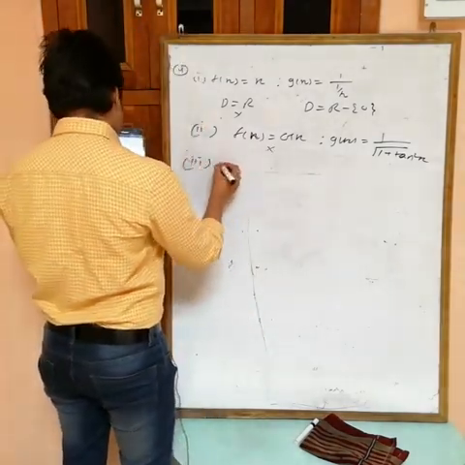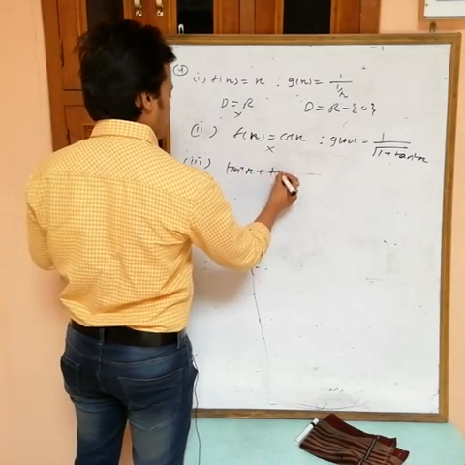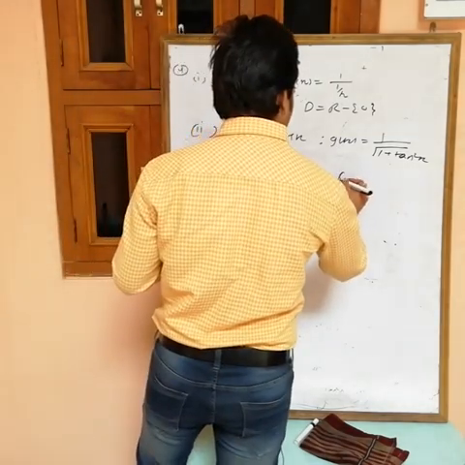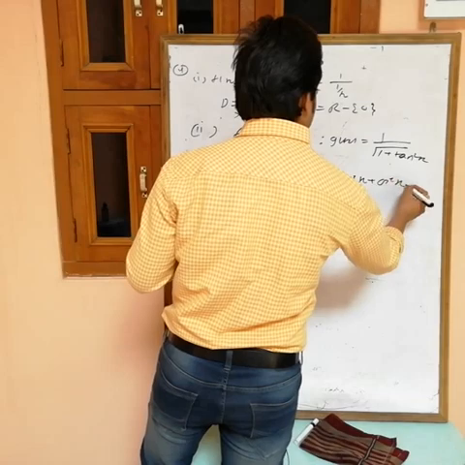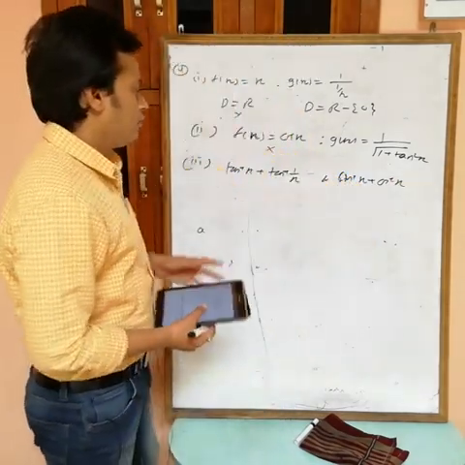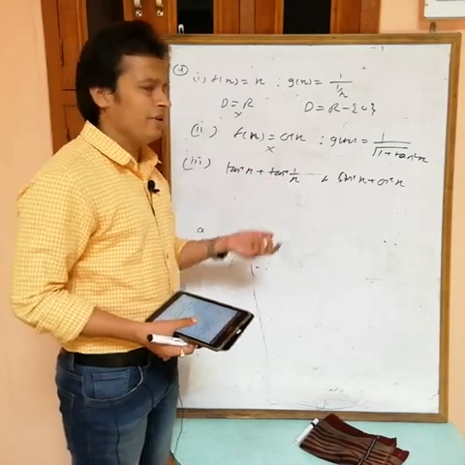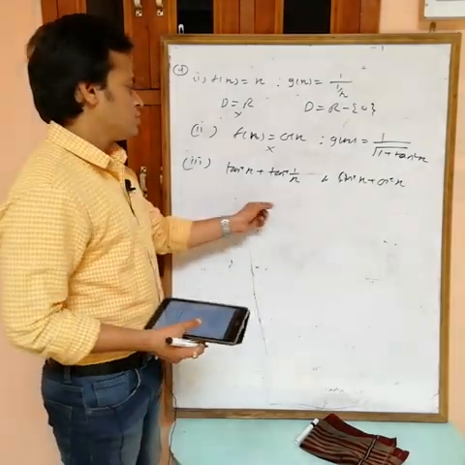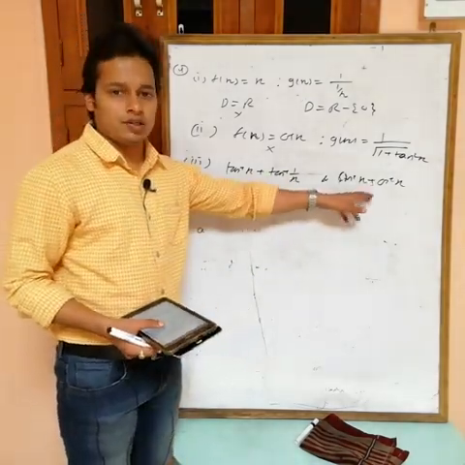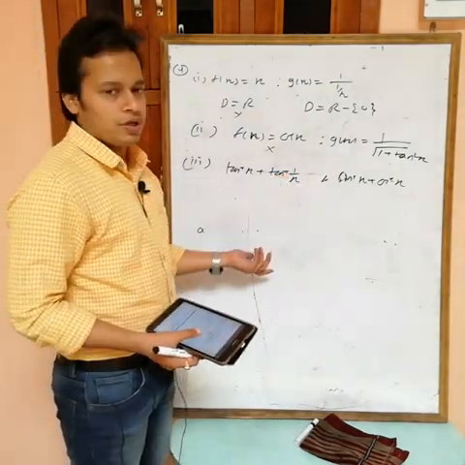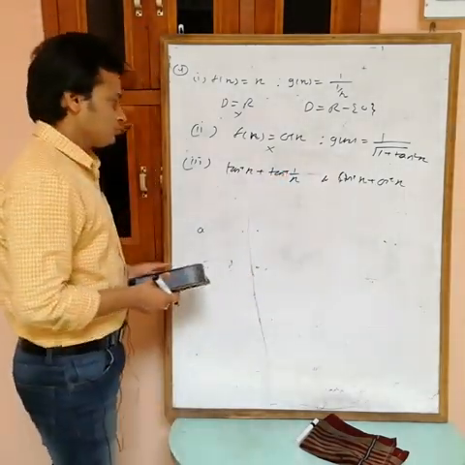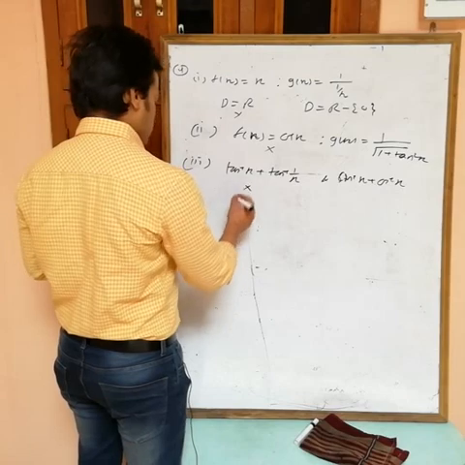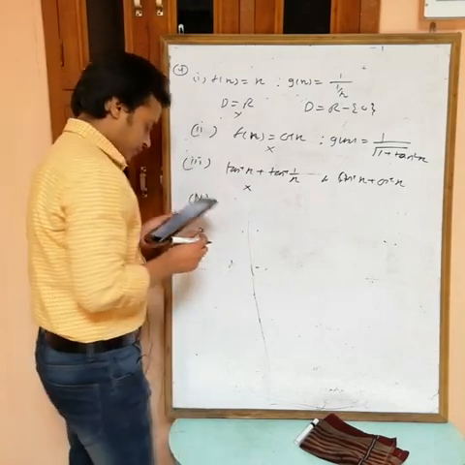Third one, f(x) is tan inverse x plus tan inverse 1 by x. Okay, and g(x) is sin inverse x plus cos inverse x. Now actually tan inverse 1 by x is equal to cot inverse x if x is greater than 0, but also first we have to check the domain, na. The domain is not the same. In this one you can't put x equals to 0, but in this one we can put x equals to 0. Okay, na, because at 1 by 0, tan inverse is not defined. 1 by 0 becomes infinity. Okay, so this is also not the same, and also in this one you will not get the same value.